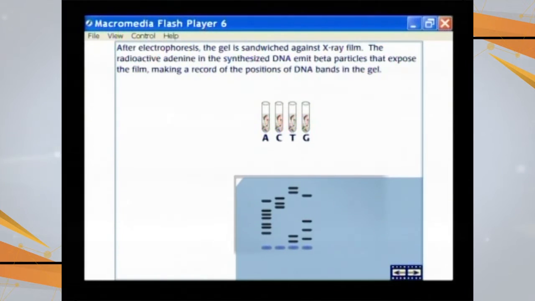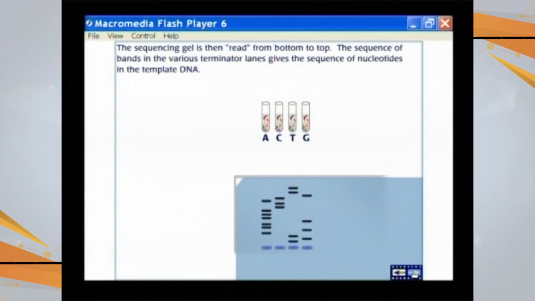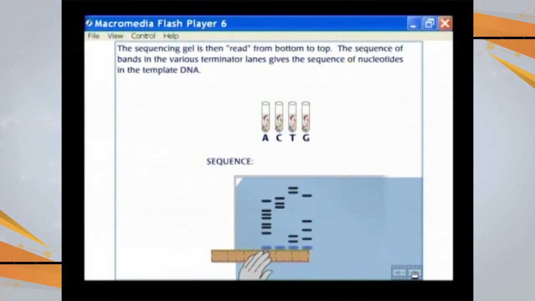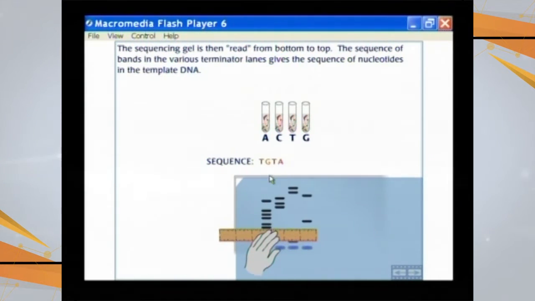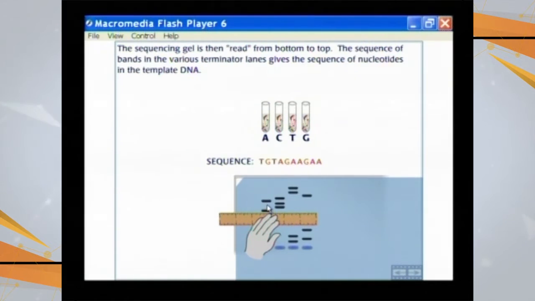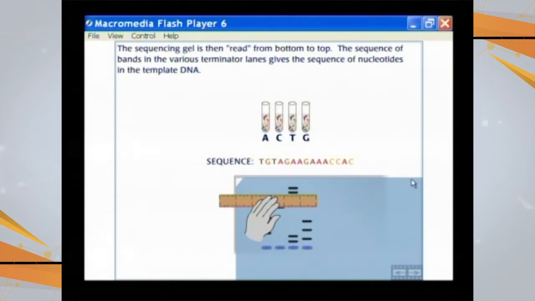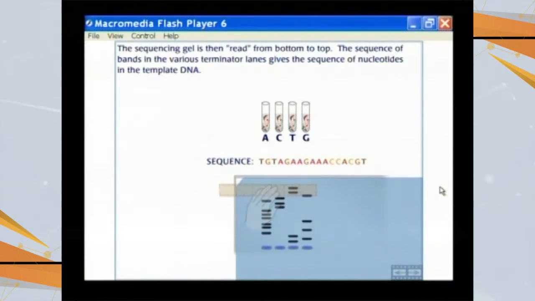So if I take a ruler, a scale, and we move the scale, whichever nucleotide the scale is in front of, we are going to write that nucleotide here, and we can tell the sequence of bases in a specific piece of DNA. So this is the process which is called DNA sequencing. This was the process which was commonly used.